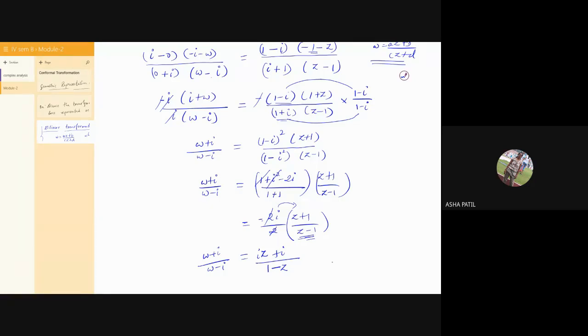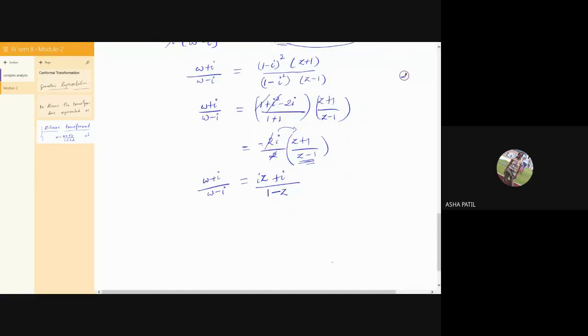Now, how to get W from this? One way is you can go for cross multiplication and try to collect W terms and express W in terms of Z. Another one is, because it is in the form of plus I and minus I, if you add these two, you just get W. So we call it componendo and dividendo. If you remember, you might have studied it in your high school. By componendo and dividendo, anybody remembers what that property is? What do you mean by componendo and dividendo?